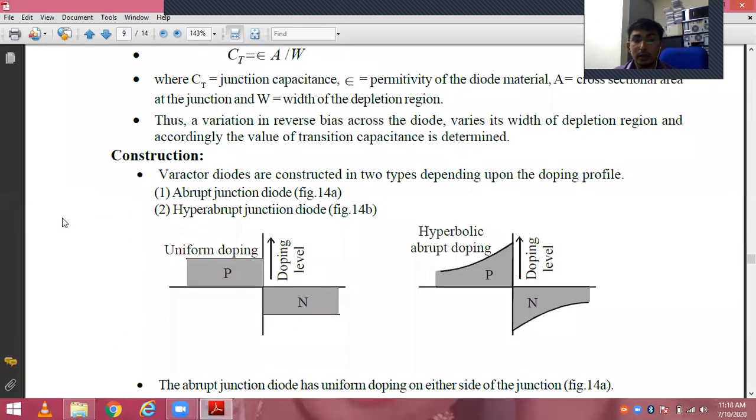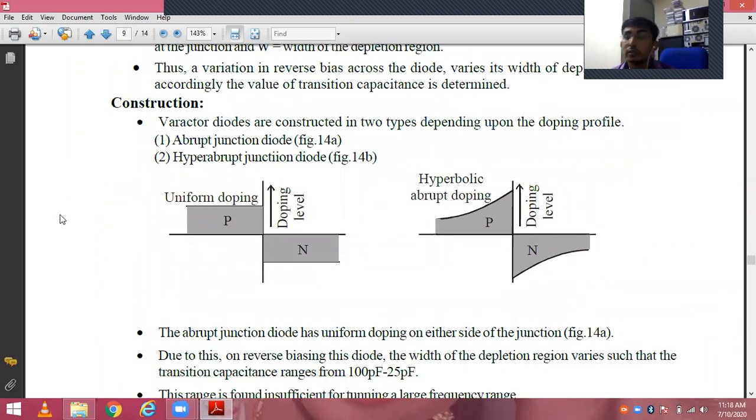Next is the construction of the Varactor diode. Basically, we prefer two types of doping in the diode. One is called the abrupt junction diode, and the other is called the hyper abrupt junction diode. See, the two graphs shown here show the doping level. The left side graph is the abrupt junction diode, which has uniform doping